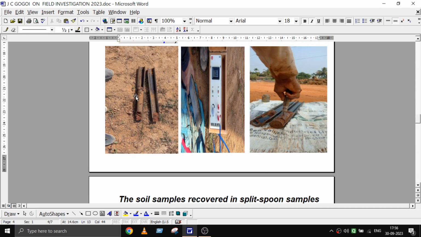Now you see, this is the SPT sampler, as I showed earlier. Here an adapter is fitted, which is connected to the drive rod, and here the shoe is fitted, which is made of surface-hardened steel, and with that it is hammered down, and after collection